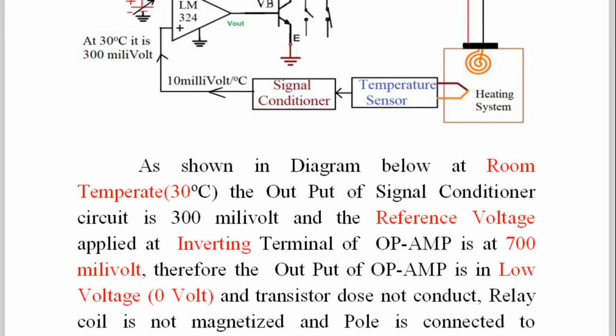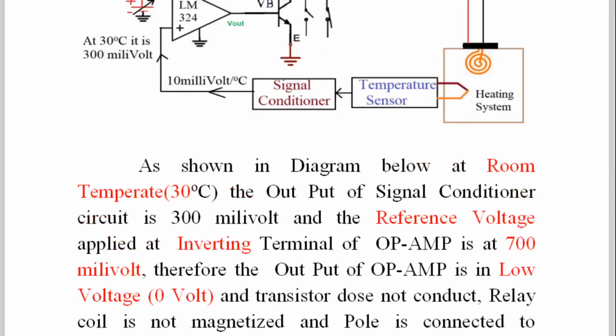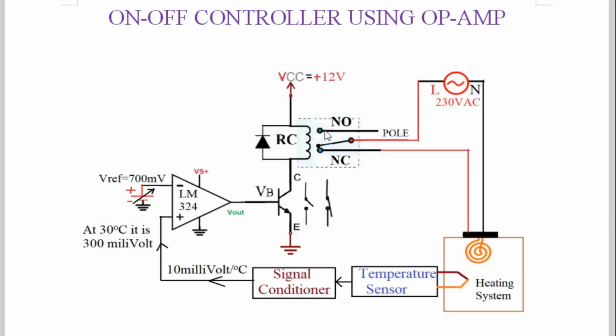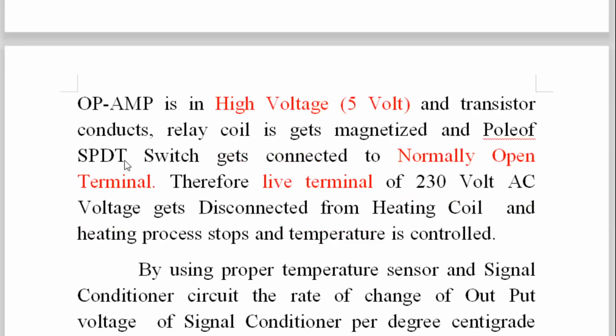High voltage means 5 volt, so it is given over here, and the transistor conducts, the relay coil gets magnetized, and the pole of the single pole double throw switch gets connected to the upper normally open terminal. Therefore, the live terminal of the 230 volt AC voltage gets disconnected from the heating coil,